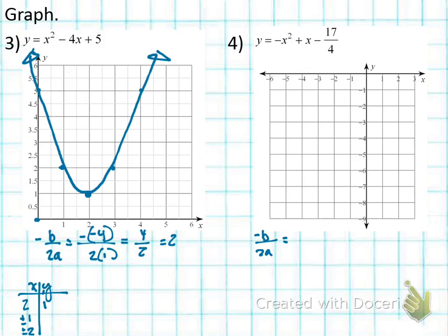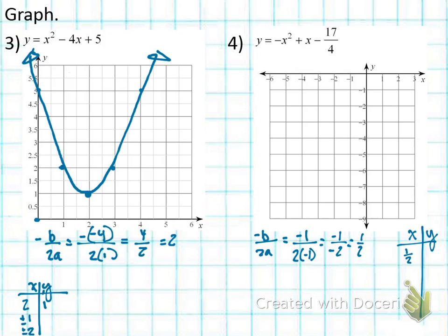Okay, so we got to start off with negative 1 over 2 times negative 1, which is going to be negative 1 over negative 2, which is equal to 1/2. Uh-oh, fractions. Sometimes you have to deal with fractions, okay? Not a big deal. We could get through this. So our vertex is at 1/2 something, right? Before yesterday, you'd have to deal with a lot of fractions, but today you just have to deal with the